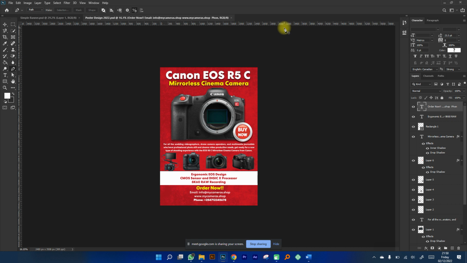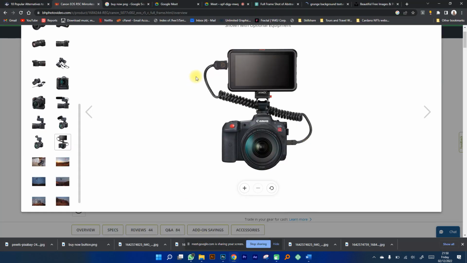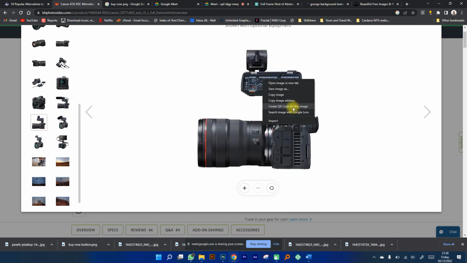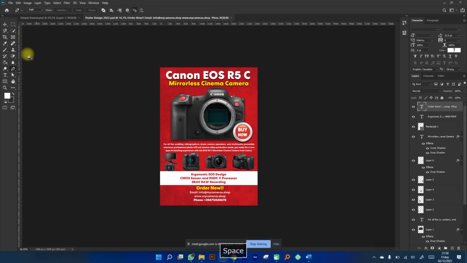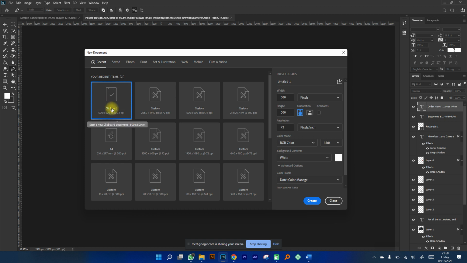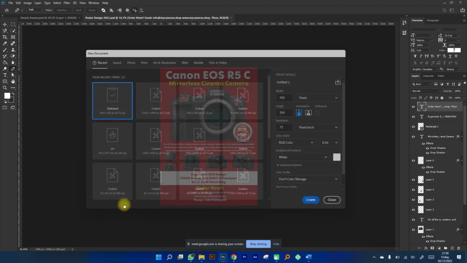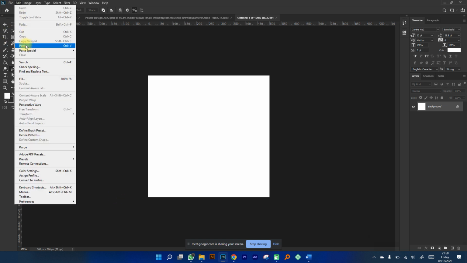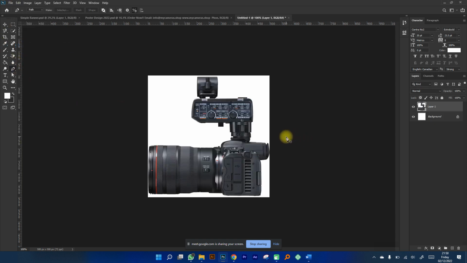And then when I bring it, for example, let me select a different image, this one. I right click on it, copy the image, all right? Then I come to Photoshop, File, New. You understand? Then I copy according to the clipboard and click on Create. Then I click on Edit and paste it. You see? This one is a project by itself, and because it's one image, I can